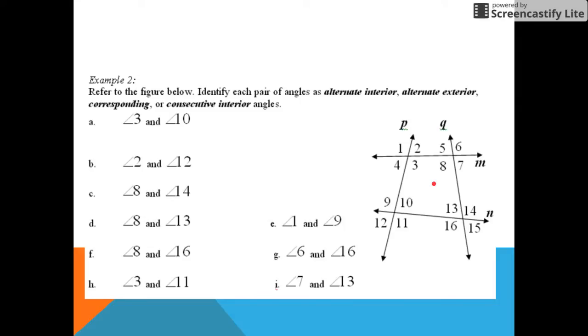So here's the second example. If you look at this figure, there's lots of possible transversals here. So line M can be a transversal if you're referring to P and Q being the two lines that it crosses. Line P could even be a transversal if you refer to the fact that it crosses lines M